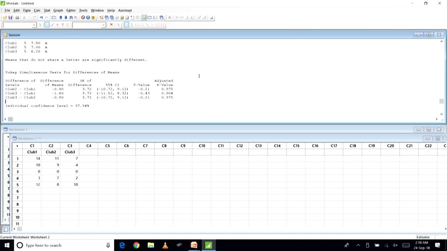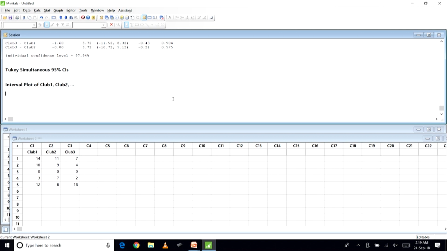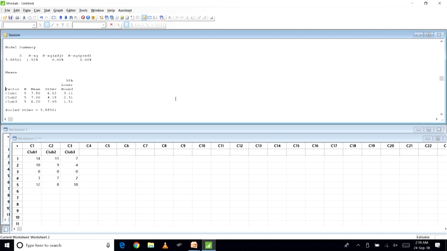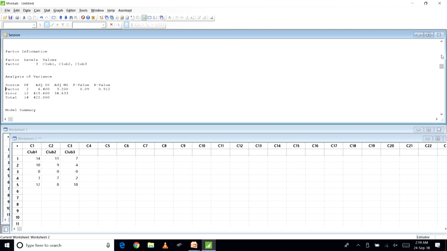Now, if you look at the differences over here, we will go downward. Let's look at what the F value is. Just go upward. Yeah, here it is. Look at the p value first. First, we will decide whether we are rejecting the null hypothesis or the alternative hypothesis.